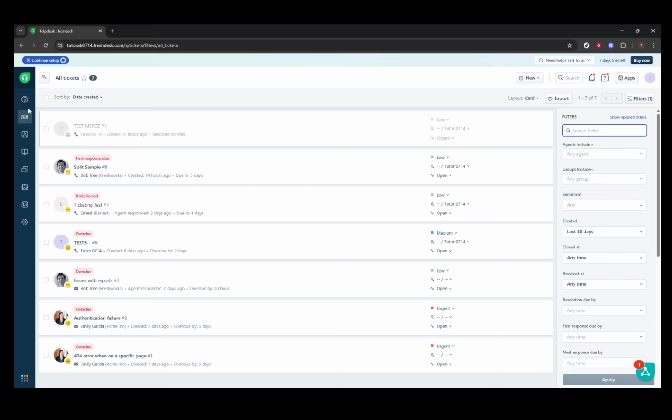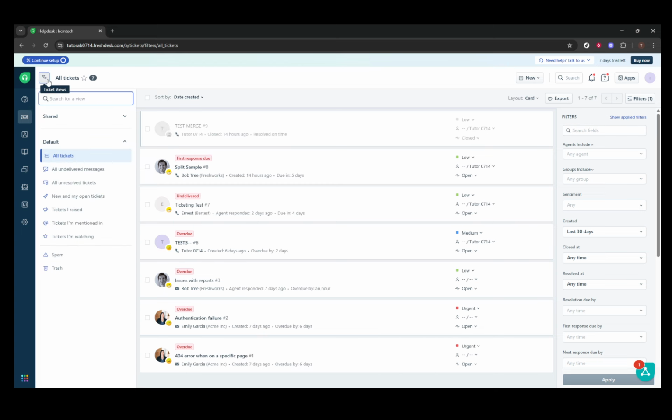Now, once you've opened the Views dropdown, you'll want to scroll down to find and click on New Ticket View. Depending on your Freshdesk version, this might also be labeled as New Filter, but it serves the same purpose. This is where the magic happens. It's where you'll set up your custom conditions to tailor the ticket view specifically to what you and your team